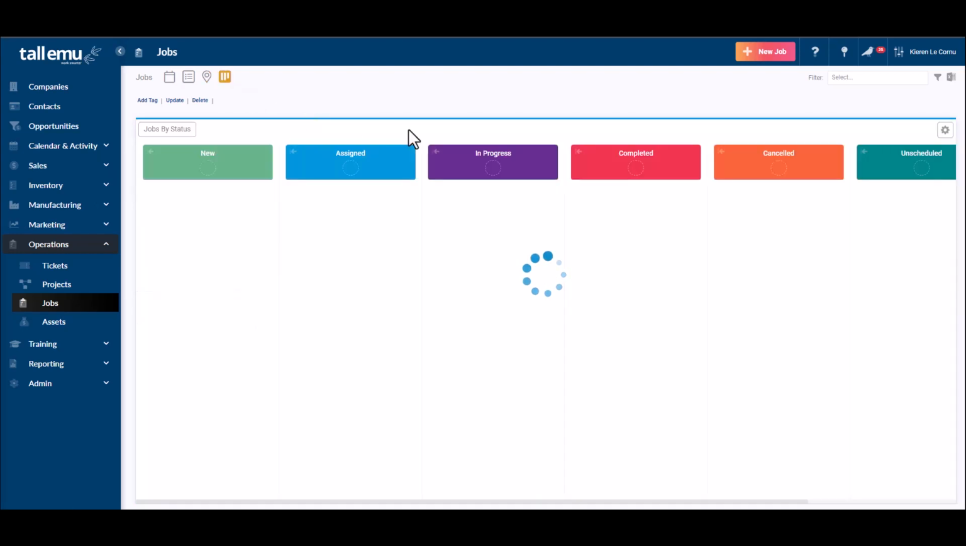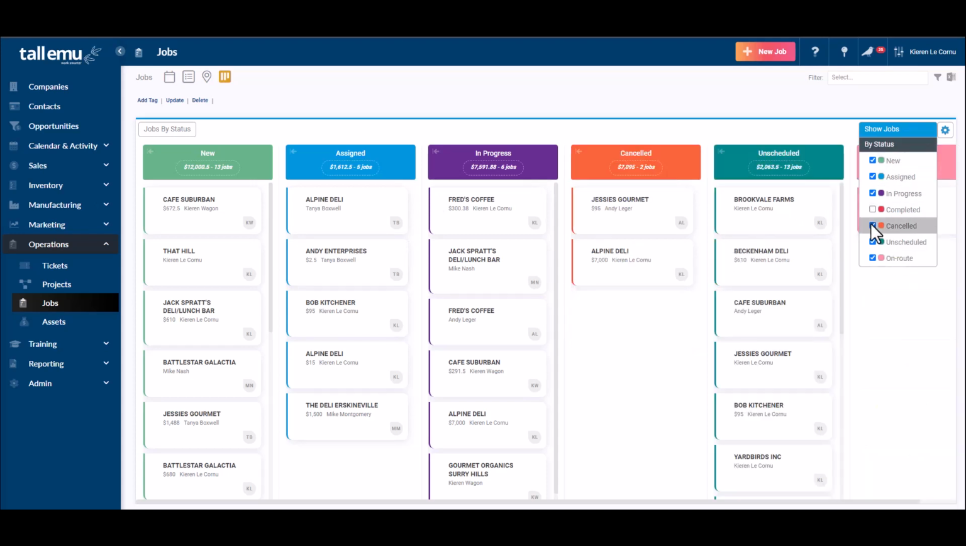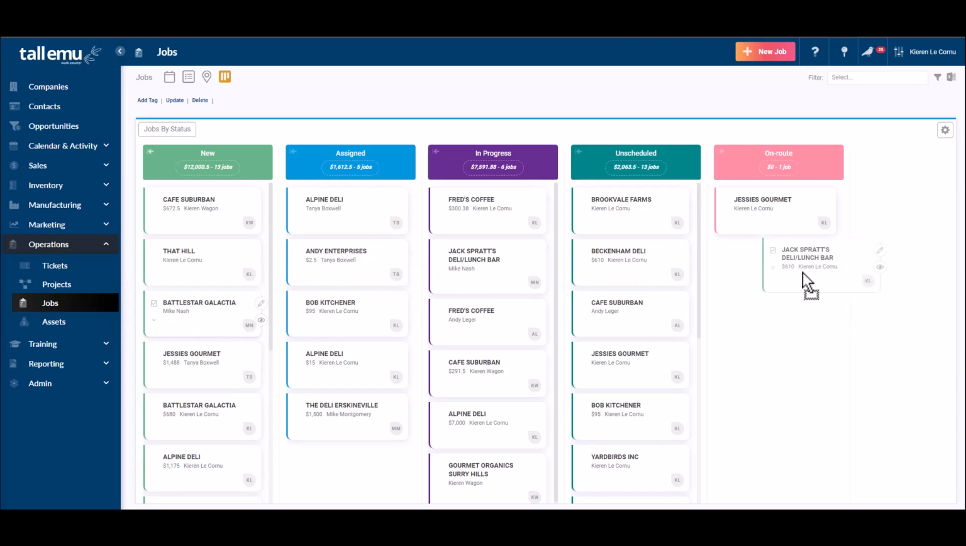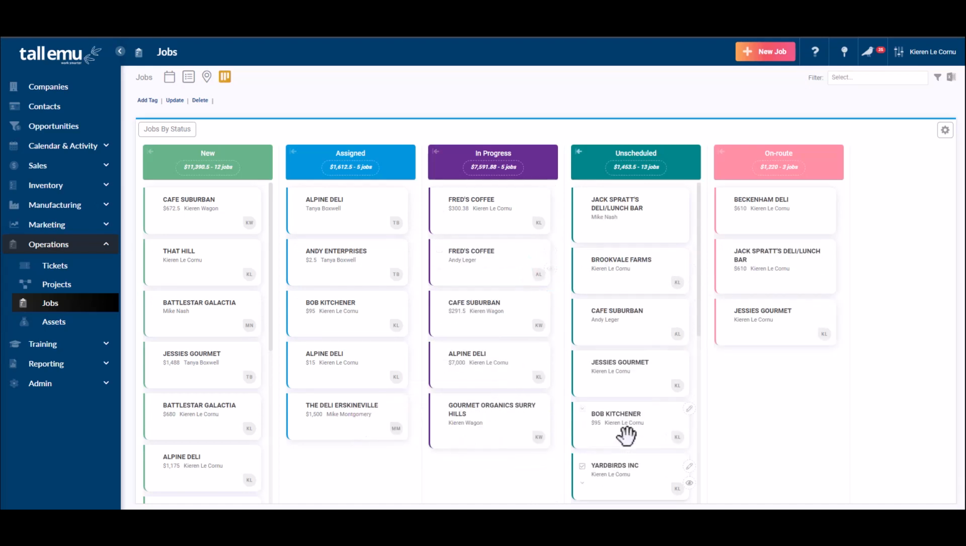So as well as map view, we've also got Kanban view. So that's why it's important again to go and classify your statuses for your jobs, because we can view them this way as well. So we can also click on the gear icon and select which statuses we want to have a look at. So maybe I'll get rid of completed, maybe I'll get rid of cancelled. And I can also drag and drop jobs between statuses. So this one here that's new, I'm going to go and change that to en route. This one that's unscheduled, I'll change that to en route. I'll move in progress back to unscheduled,